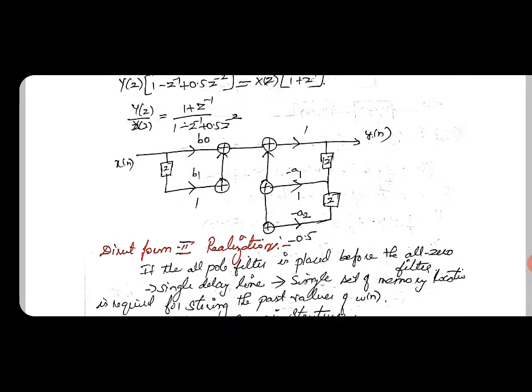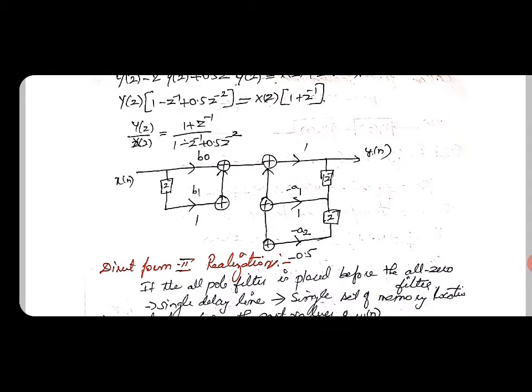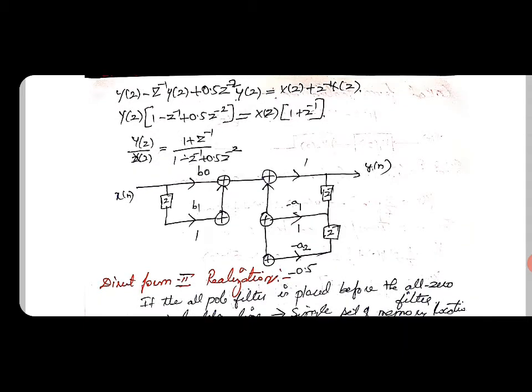We should note that in the direct form 1 we have two delay lines. The first one will be for x of z and the second one for y of z, which is x of n and y of n. Using two delay lines we can draw the realization structure of direct form 1. First of all, for x of n we have 1 plus z inverse, so 1 and 1, which are the b0 and b1 values, but in the case of y of z we have three values, which are 1, minus 1 and plus 0.5. This is the realization of direct form 1.